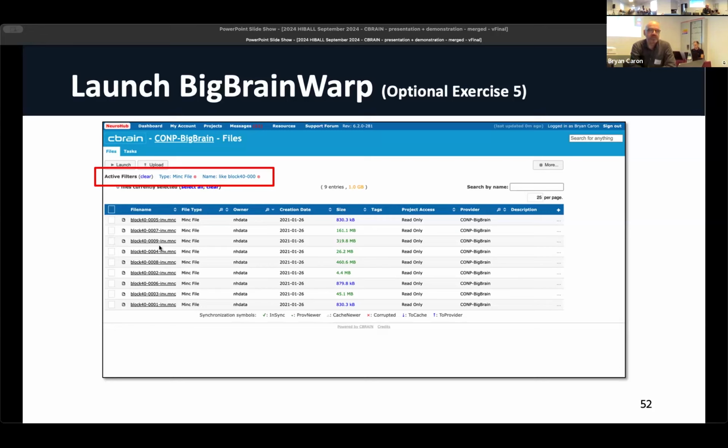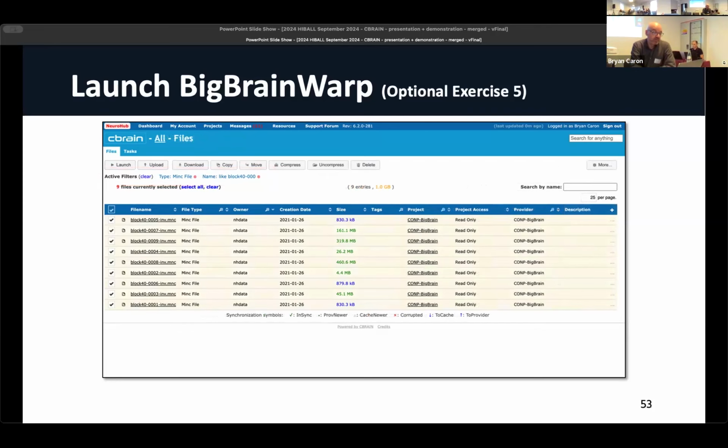So are you able to get the 9 files? Yep. Okay, great. So what we can do then is say, great, I've gone through the exercise before of doing 1. You can just select the checkbox on top of the column corresponding to the column of checkboxes next to the file names, it'll select all of them, okay? Now you have two options here.